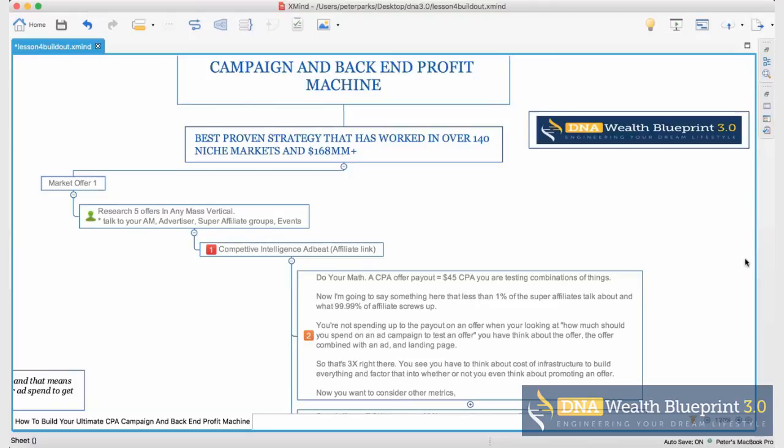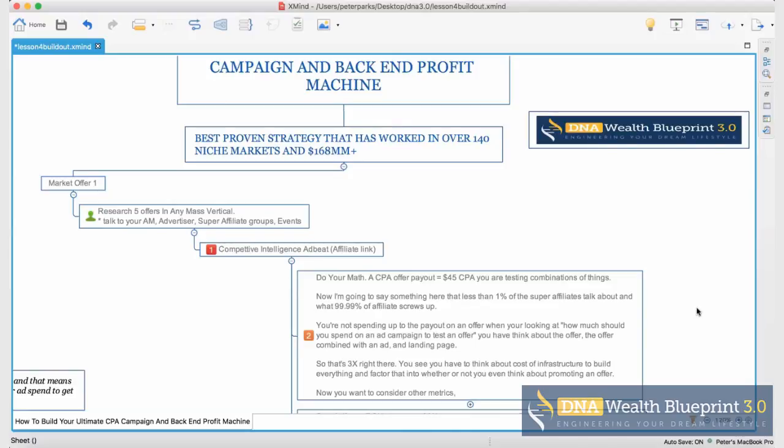Do you have a team? Are you looking to build a team? All that factors into what you're going to spend. So that's literally 3 to 5x right there your payout, or the spend that you're going to be required to build your campaign. So keep that in the back of your mind,